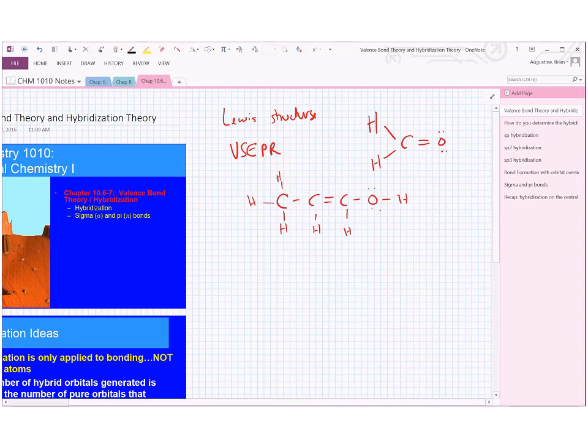Maybe something like that. Okay? And then as long as you're not violating the octet rule, that molecule really exists. That's what all of organic chemistry is about, trying to understand these different molecules. There's different ways to name them, the reactivity is different, all that other stuff. But a Lewis structure gives you that. Okay, and if you follow the rules of writing a good Lewis structure, you can understand what things are attached